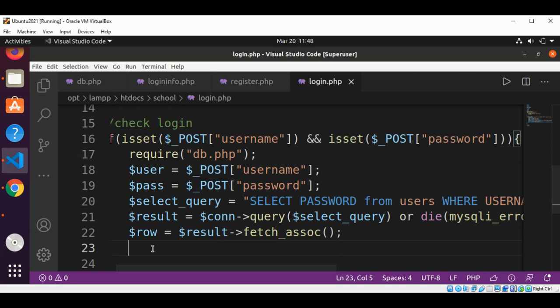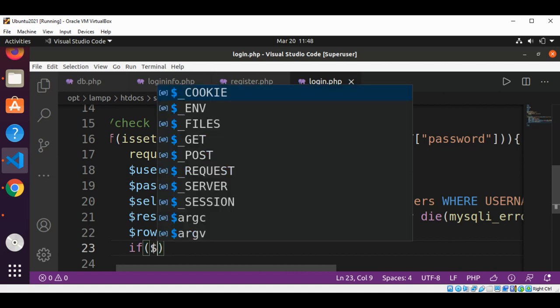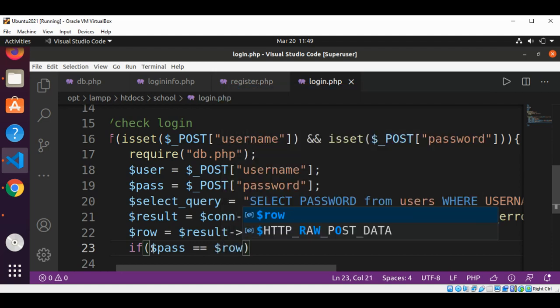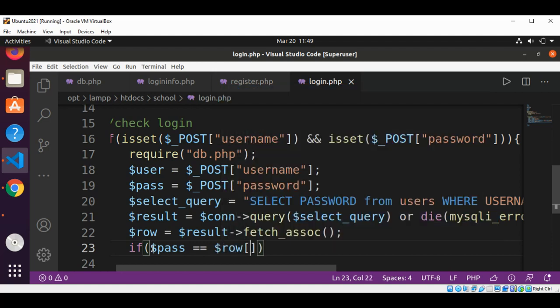Now we are going to check if the user entered password is equal to the password stored in our users table. So if it matches,